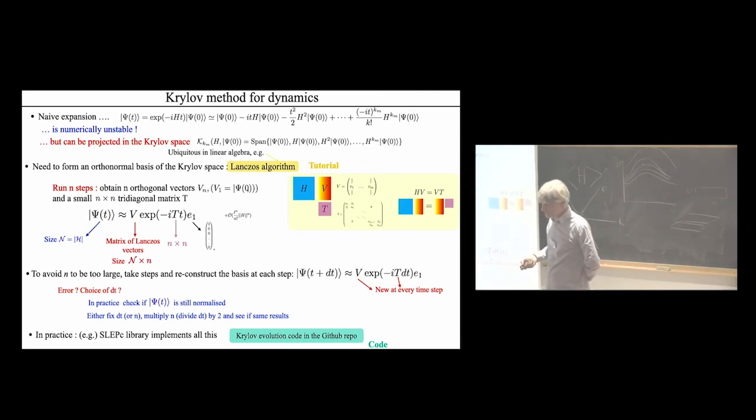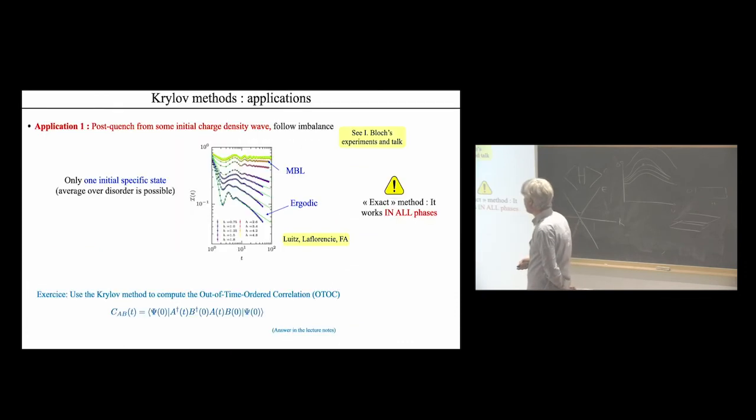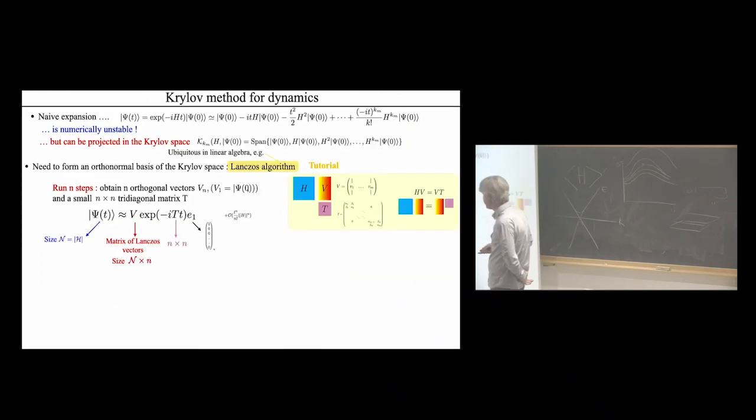Okay, so that's it. To apply the exponential, I need to know only to apply h. It works well. There's a code about that. This is the same idea, essentially, as the Lanczos algorithm. What do you obtain? Well, we did that for chains of course, and then I should have said, if you